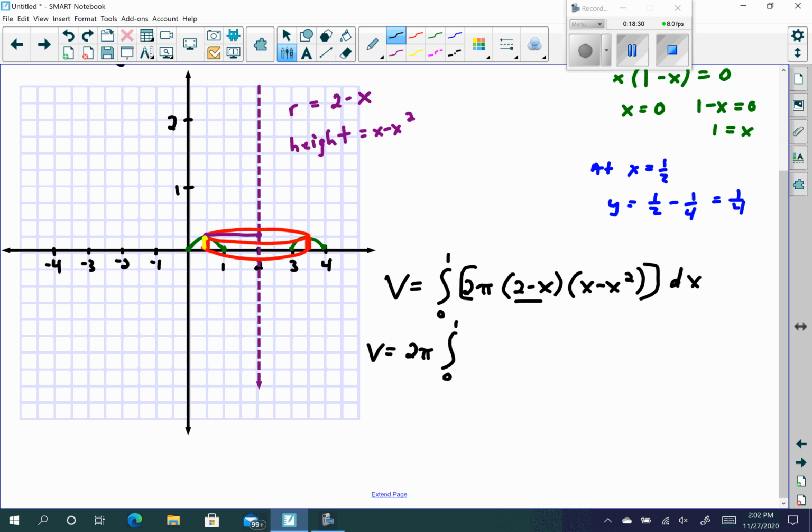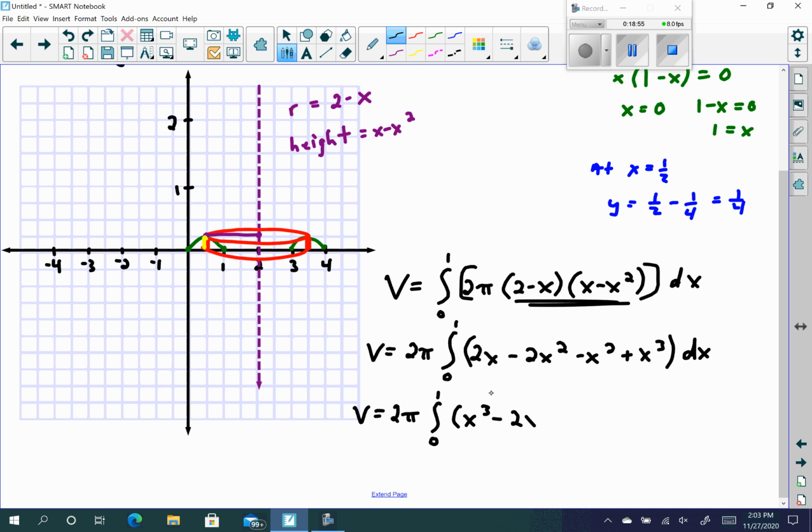I'm going to go ahead and multiply those two together. So 2 times x is going to give me a 2x. 2 times a negative x squared is a negative 2x squared. Inside here, we're going to get another minus an x squared, and then we're going to get a plus x cubed. Combine some like terms. So I'm going to go ahead and put the x cubed first. Minus 2x, I'm sorry, minus 3x squared now. We can combine those. And then plus 2x